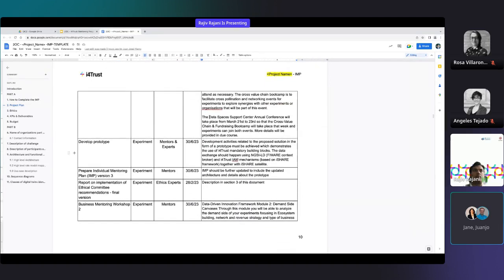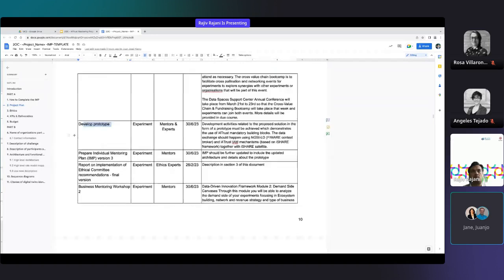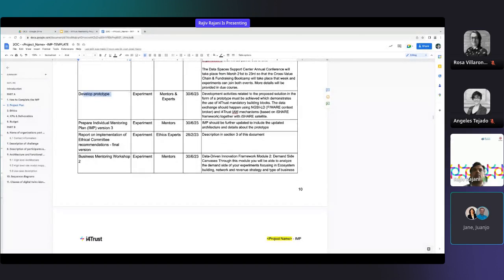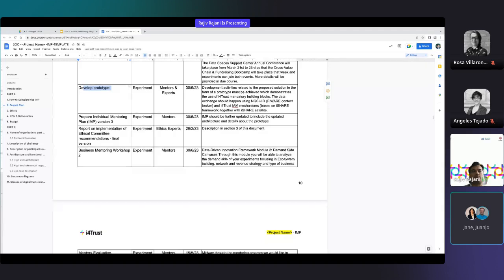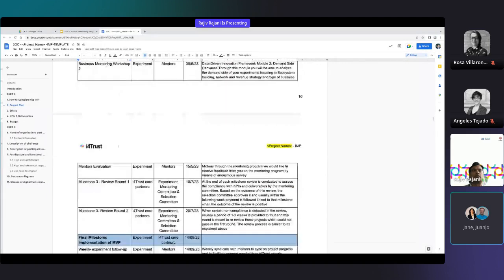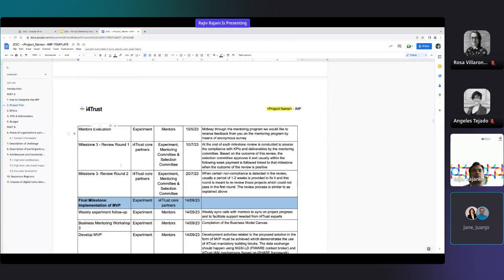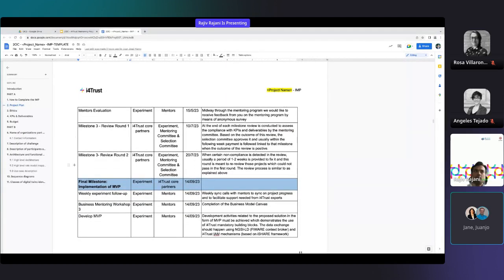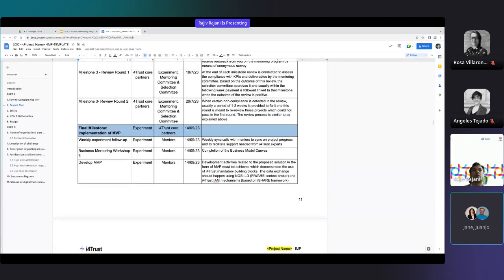Of course, the main focus of this milestone is developing your prototype, which will be evaluated by the mentors during the review process. And there are some other elements around it which you can find in this table. Again, for this milestone you have a two-step process, two rounds of the review process, to close this milestone.